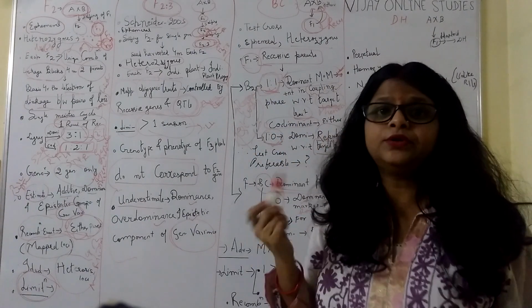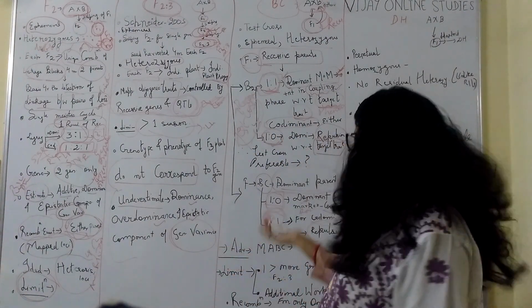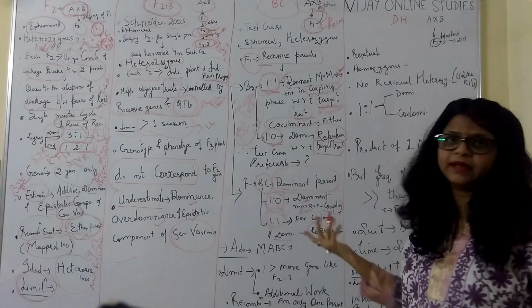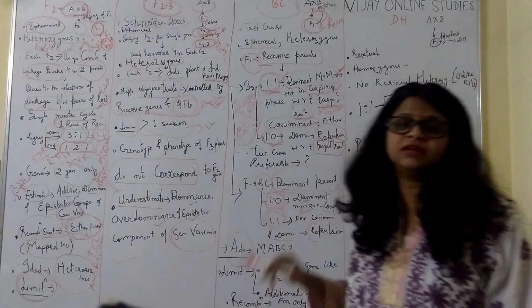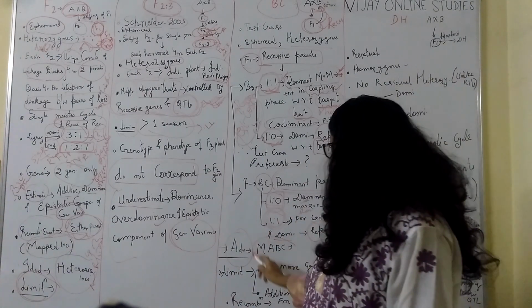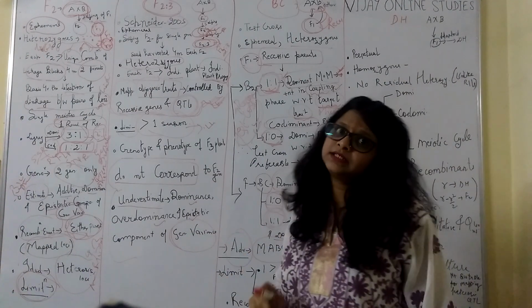But when you have to study a dominant trait, where the gene is dominant, then you have to go for backcrossing with the dominant parent. So what is the advantage of this mapping population? The advantage is that you can apply it for marker assisted backcrossing. Now what is marker assisted backcrossing?